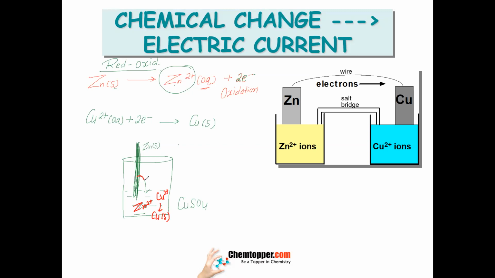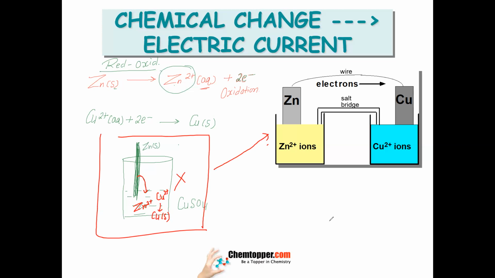But here what is happening? Zinc metal is directly giving electrons to copper 2 plus. You cannot generate electricity. This setup is not good. It's a redox reaction. Zinc is undergoing oxidation, copper is undergoing reduction, but I cannot trap those electrons. I cannot make those electrons useful in the form of electricity. I cannot use them. So what they have done, now they are carrying out this reaction in this format